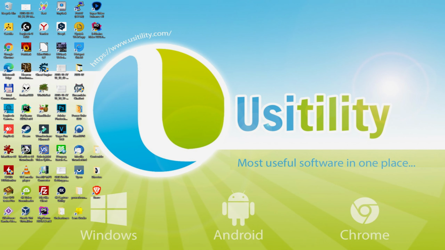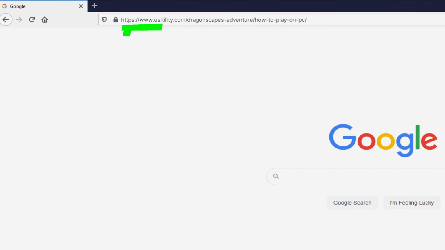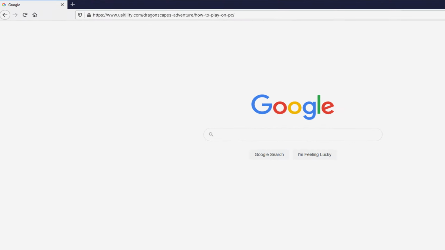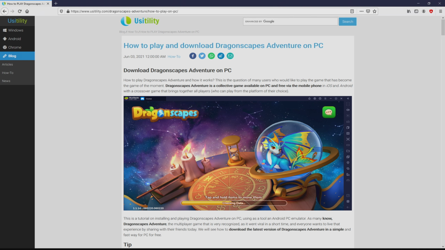Before anything else, to start we have to launch our favorite web browser. We selected the one we prefer. Let's continue, going to the current URL I'm highlighting in green color. There you are seeing it on the screen of the PC. You don't need to type this URL, because I added a clickable link in the description of this video and the first pinned comment.